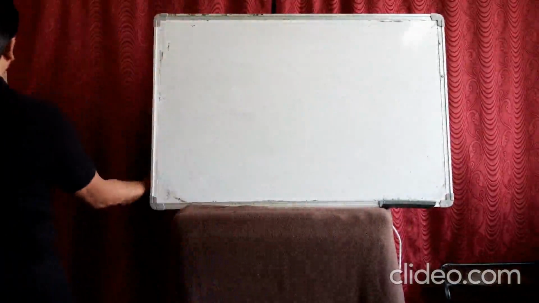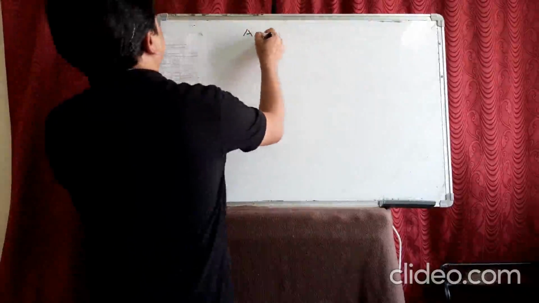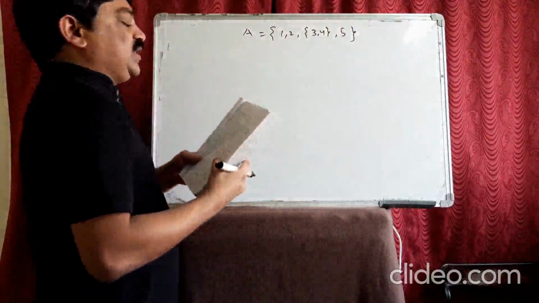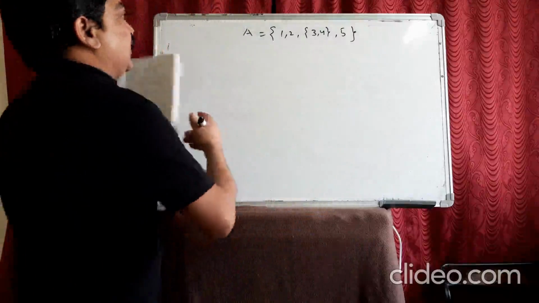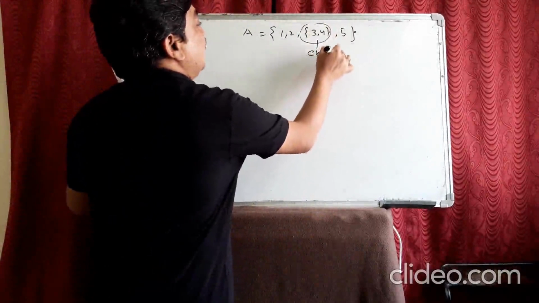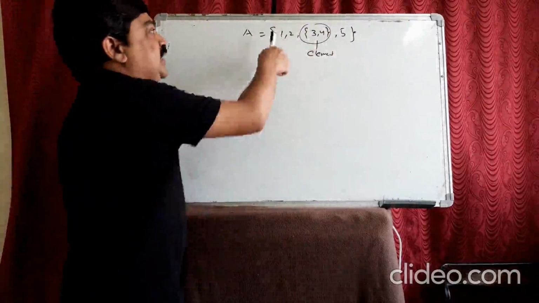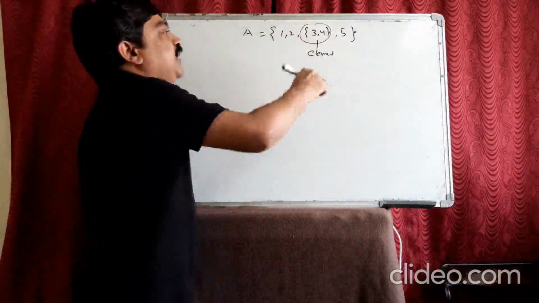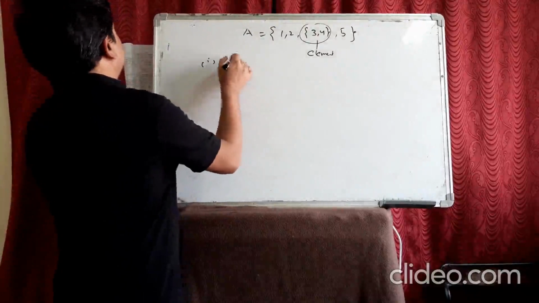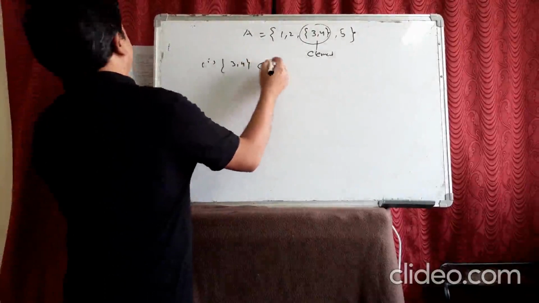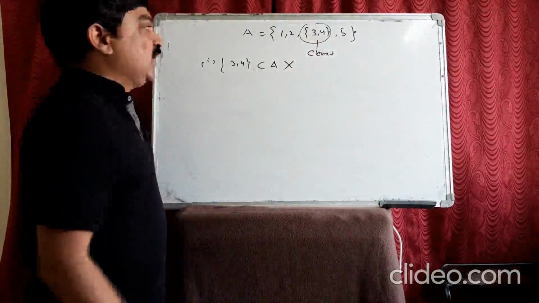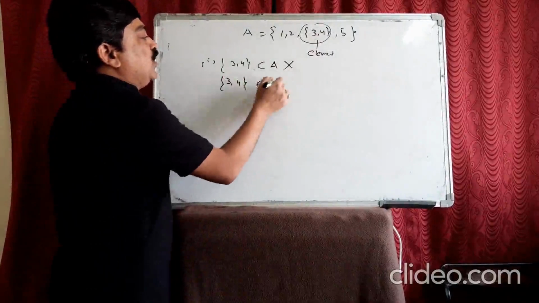See, in this, A is given like this: 1, 2, and so on. See, it is a subset. This is given only to make you understand why belongs-to and why subsets are used. See, this is a subset in this, and this should be taken as an element here in this set. Because 1 is an element, 2 is an element, 5 is an element, and this is also an element, a particular element. Okay. Now, when you compare an element, the first question is: is {3, 4} a subset of A? No. Because it is an element, this is not correct. {3, 4} belongs to A is correct.